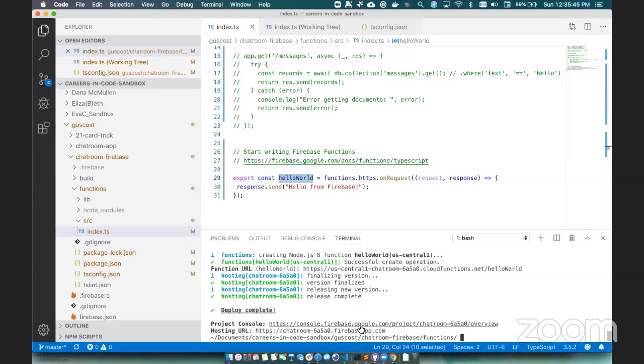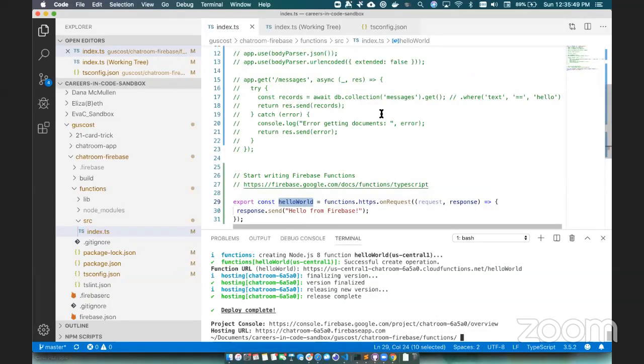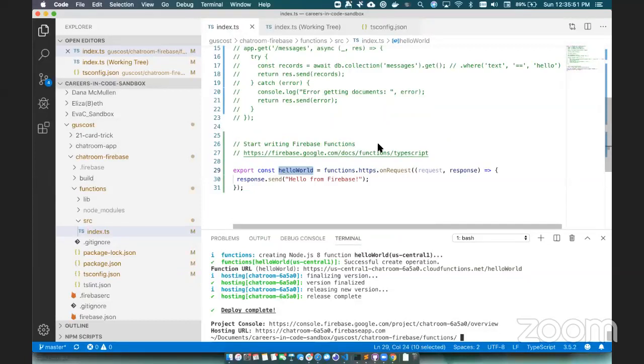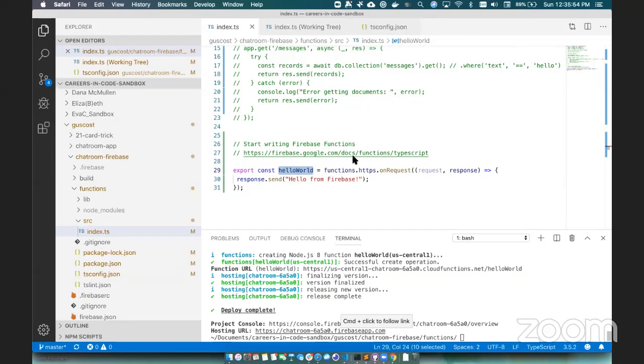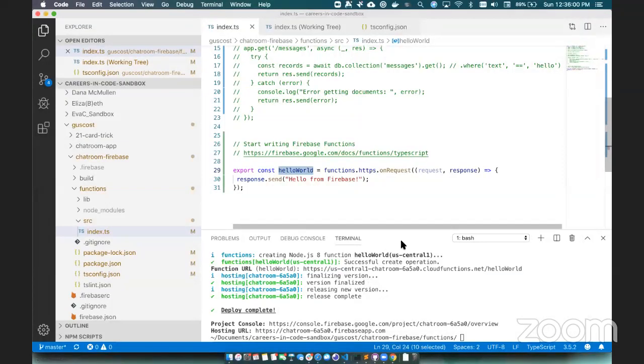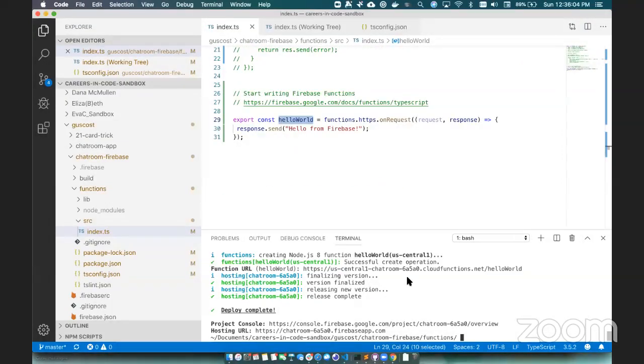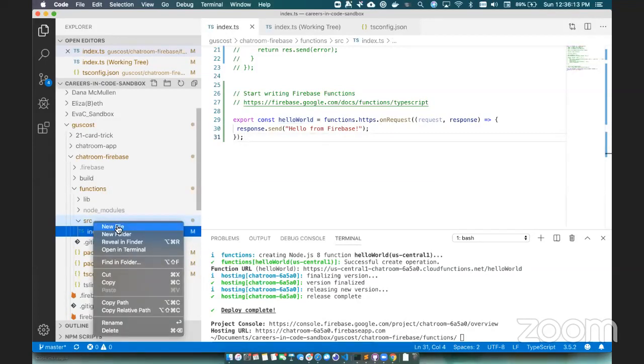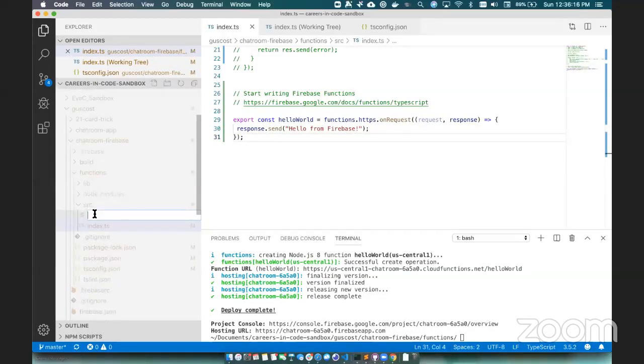Okay, so this probably still is the same exact thing. Yeah, okay, so great. I'm starting to get a sense of this. This is starting to make a little bit of sense. So next thing we're gonna try, we're gonna add a new file to src. We're gonna call this